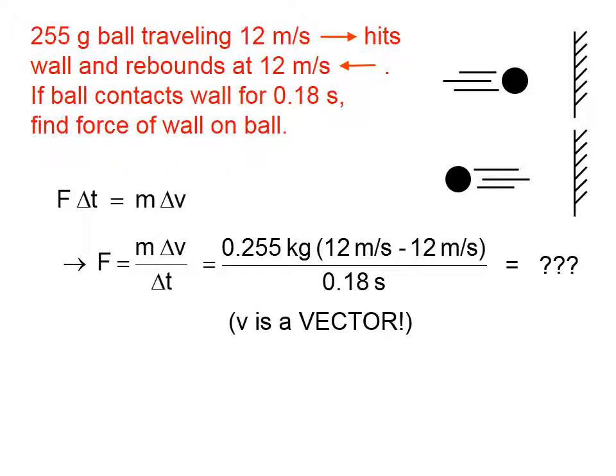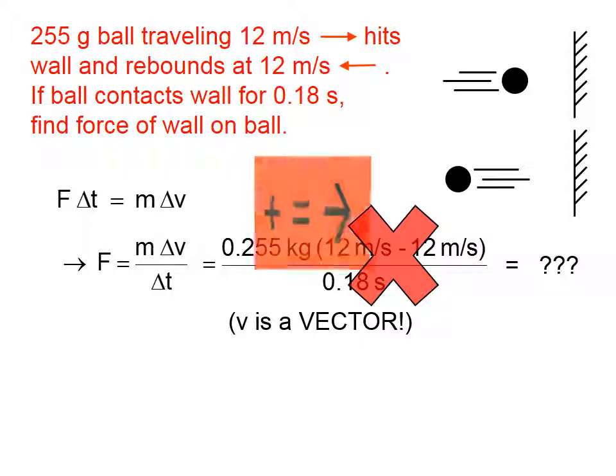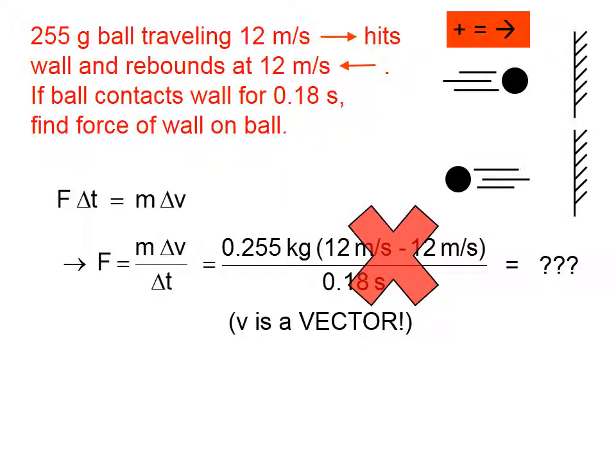We must remember that v is a vector. So this setup is wrong. Whenever we have things going opposite ways, we need to choose a direction to be positive. So in this diagram in the upper right corner, I'm going to choose to the right to be positive,